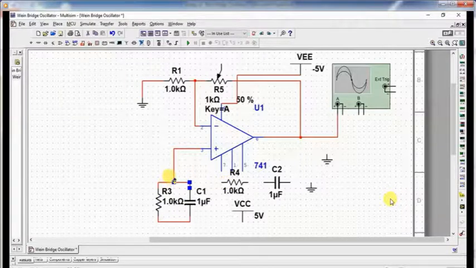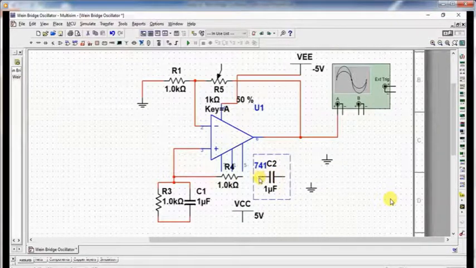and then connect the R4 and C2 also. So these are another combination of R and C that is in series, so connect it like this, and this is another capacitor, so connect it to the resistor terminal and then connect to the output terminal of the op-amp, and this is the plus VCC supply.